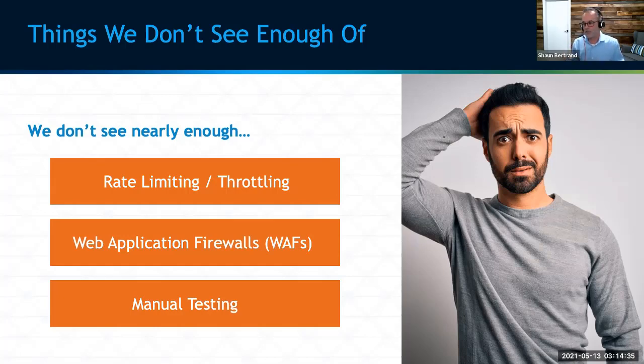And then we don't see enough manual testing. We wish we did, because it's very straightforward, very transparent, very genuine. Manual testing is where you're going to find those critical vulnerabilities. There is no automated scanning tool that can do things like parameter tampering or deserialization. It still takes a human being to evaluate and interpret the logic and the workflow of the application in order to better assess it. Andrew talked about the top 3 threats and certain things that need to be in sequence in order to exploit. AI, ML, it's not there yet. I don't think it'll be there for a while. Eventually it will be, but right now it's not. So manual testing is where it's at.